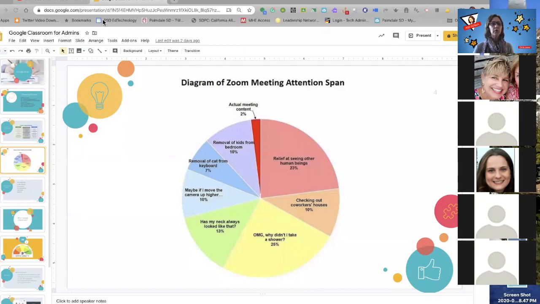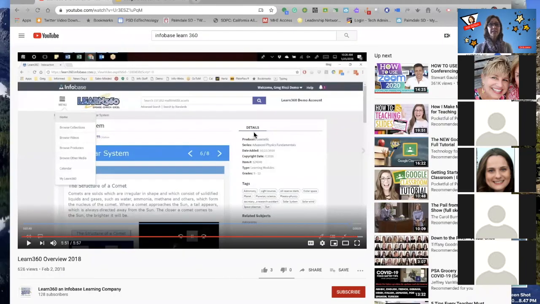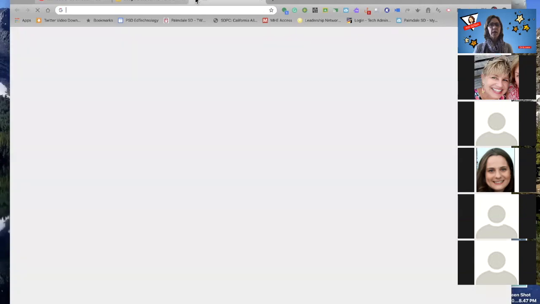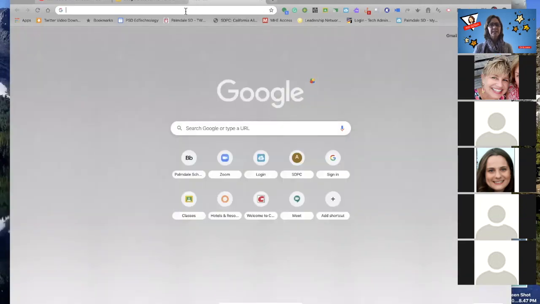A little overview of Learn 360. So the easiest way to get to the info-based Learn 360 site, we've already put it in Classlink. So if you'll follow me, I'm going to open a new tab. And to get to Classlink from any computer, you can go to